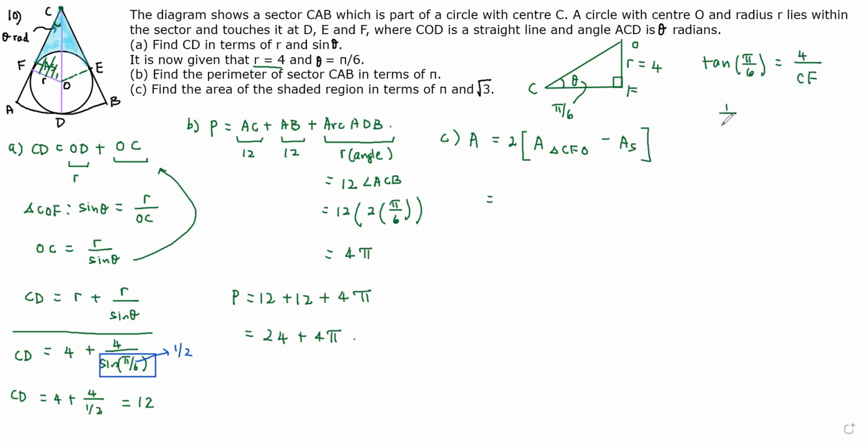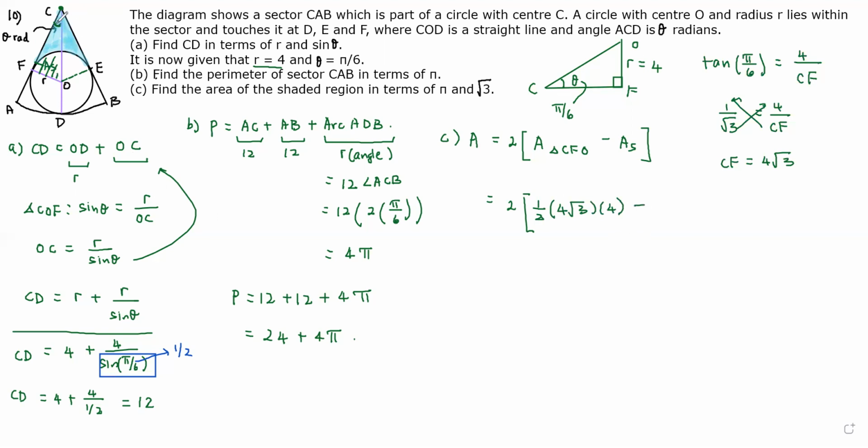Tangent of pi over 6 is 1 over root 3, so 1 over root 3 equals 4 over CF. Then you can cross multiply, and we have CF equals 4 root 3. Then the area of triangle CFO is half of base, which is 4 root 3, times the height, which is 4,